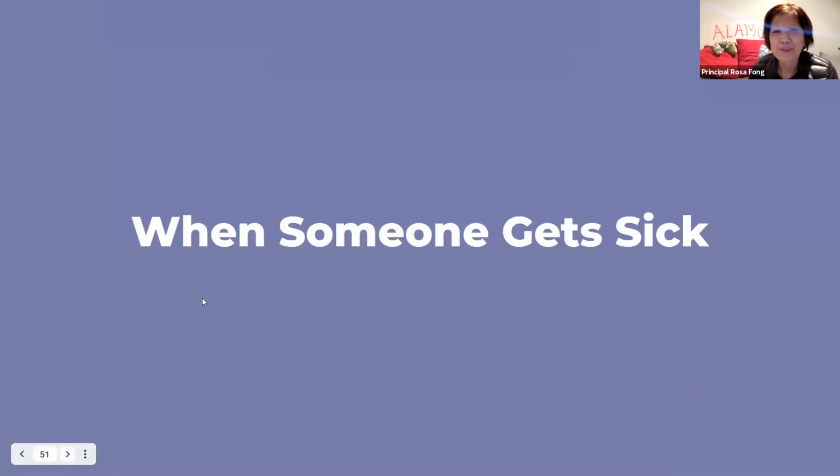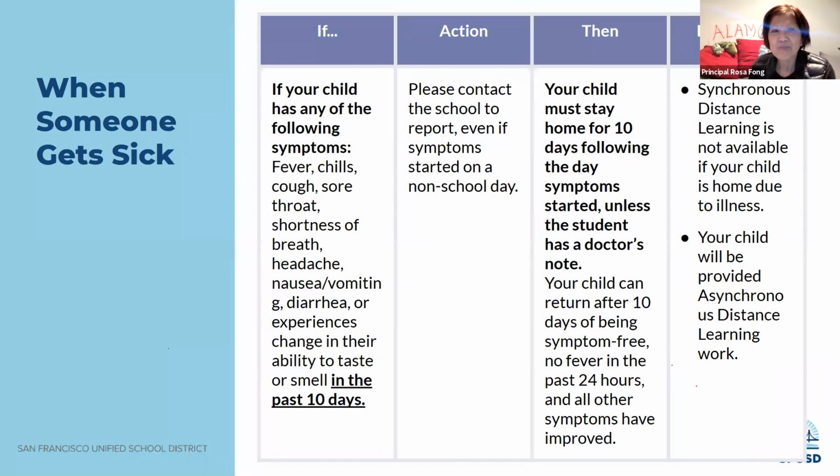That's a nice video. Okay, what happens when someone gets sick? So we broke it down into 4 columns. If your child has any of the following symptoms, similar to the previous slides: fever, chills, cough, sore throat, shortness of breath, headache, nausea, vomiting, diarrhea, or experiences a change in their ability to taste or smell in the past 10 days, then the action is to please contact the school to report, even if symptoms started